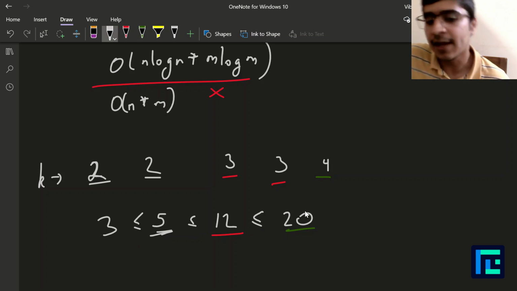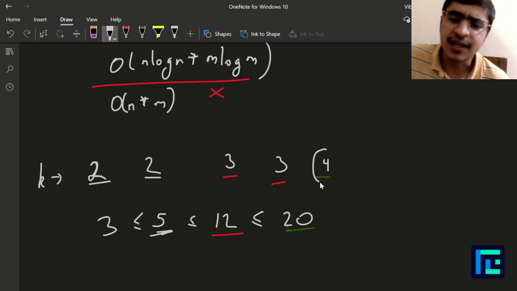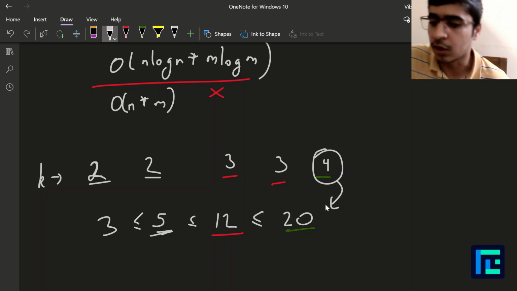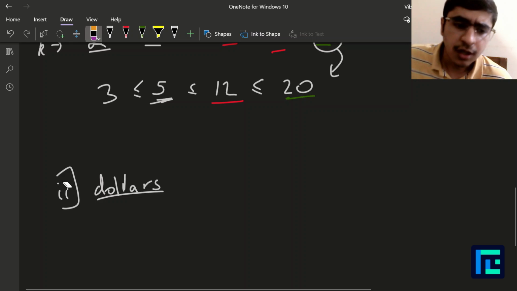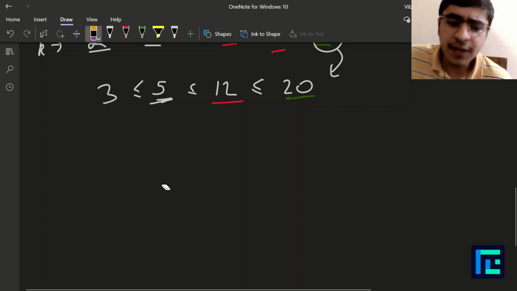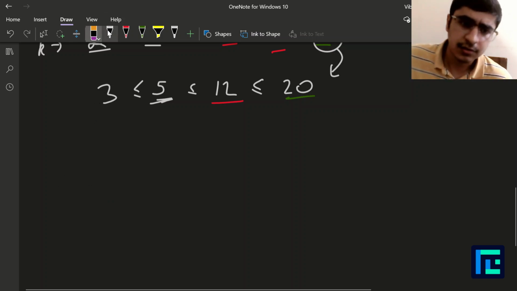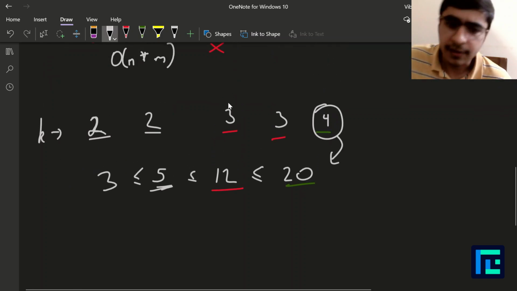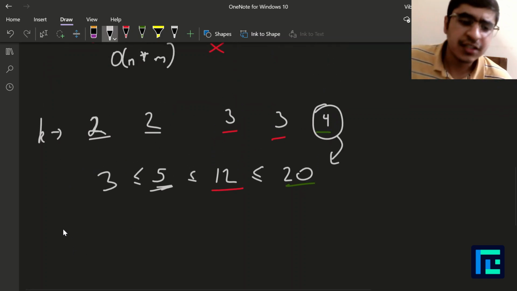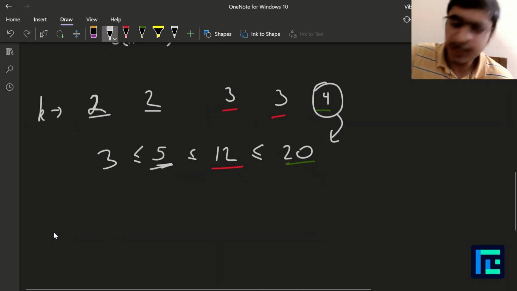That is, the ki values are sorted. That is given to us in the question, right? So whoever has a greater ki value, I will need to give them a greater amount of dollars, right? Which is not a good option for us. See, for each higher ki value, I will need to give that person more dollars, so that is not good for us, since we want to minimize our overall cost, right? So that is one observation we have, that a higher ki value